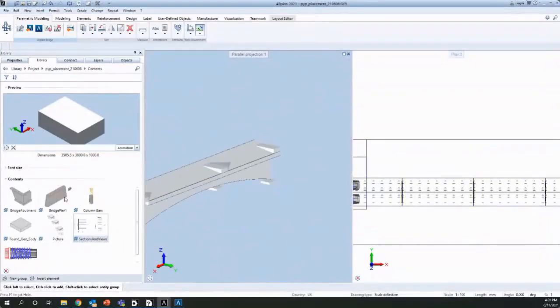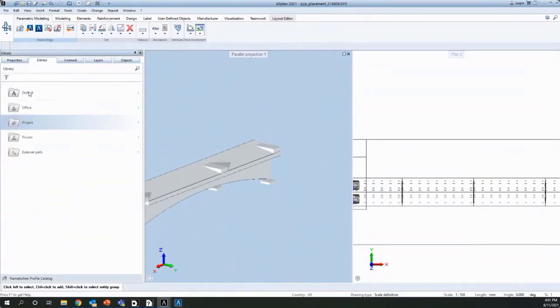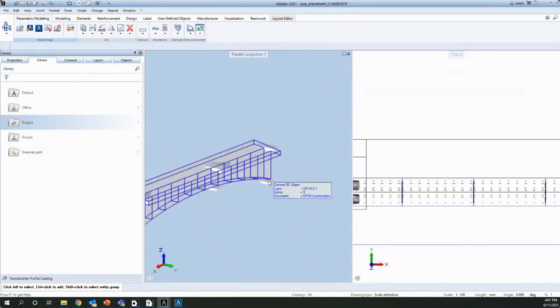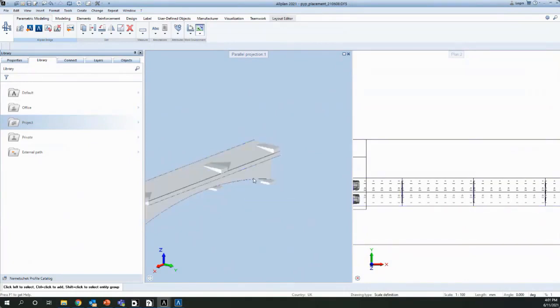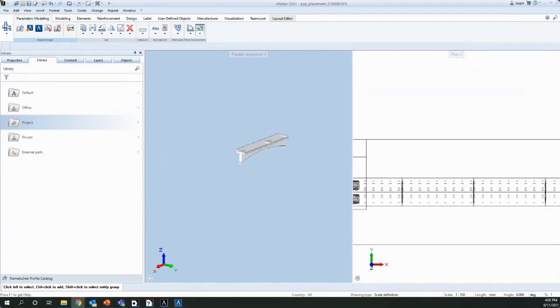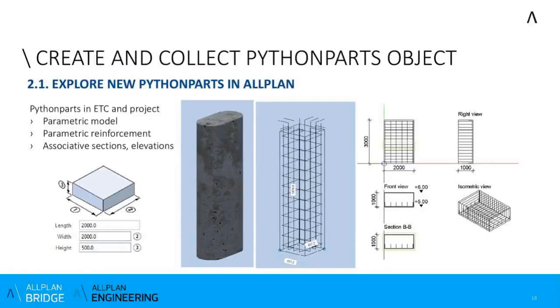So in Allplan, there are lots of Python parts in the default folder. You can use them in this way and copy them into the project that I show you. You can use this pythonpart placement to apply for your project. Yes, this is the sample. Okay, we compare to our presentation. So this is another sample about